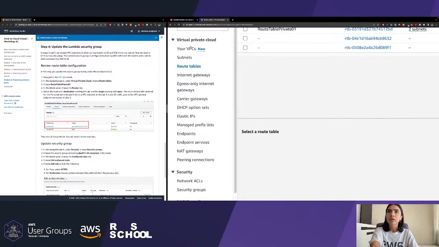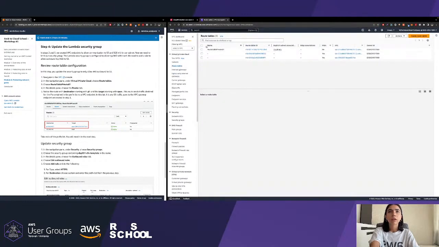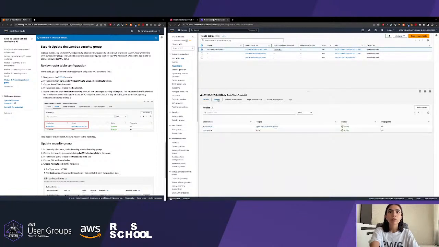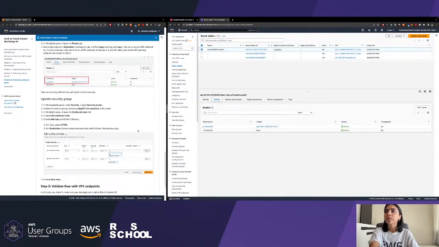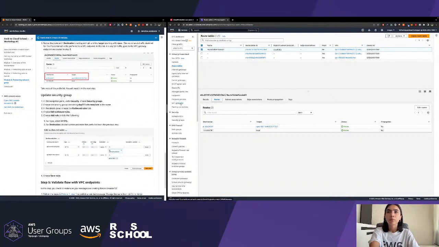In the virtual private cloud, the third one, route tables. And we have this one that we assigned to our S3. Go to the routes, and you can see the destination. Just make sure you copy this one, or just take a note about it, because we are going to add it to outbound rules of our security group to let the Lambda function